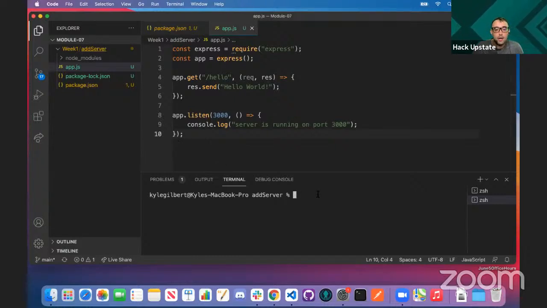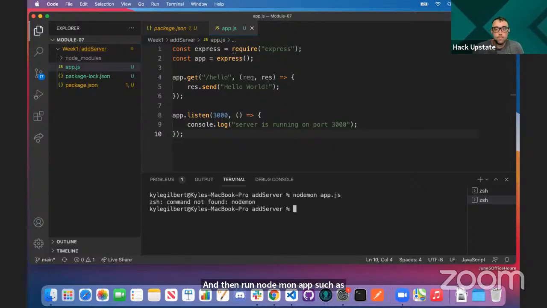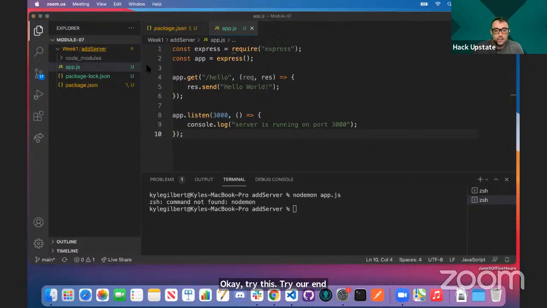And then run Nodemon app.js. Okay, try this. Try npx space Nodemon app.js.